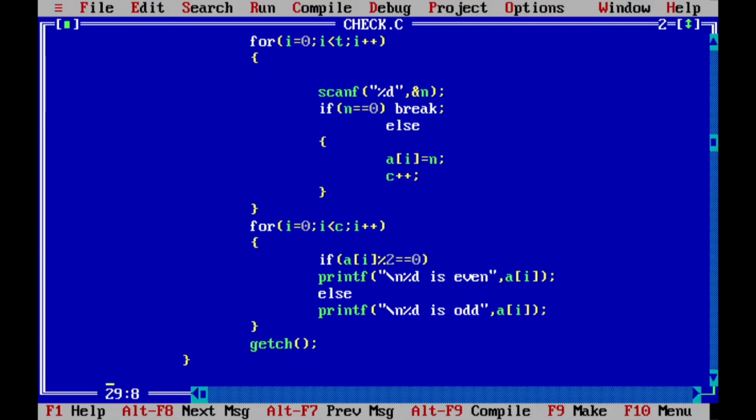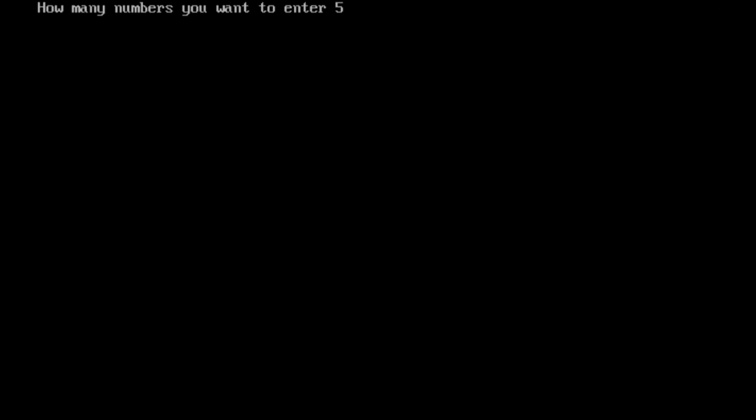Again, I want to execute. Now see, again I want to pass 5 numbers. That is your wish; it depends upon the array size. Enter positive numbers, 0 to stop. 45, 76. Now I want to stop, that's why I'm entering 0.